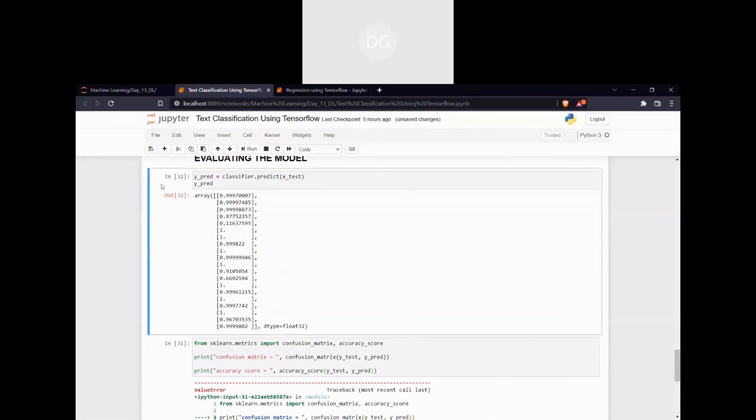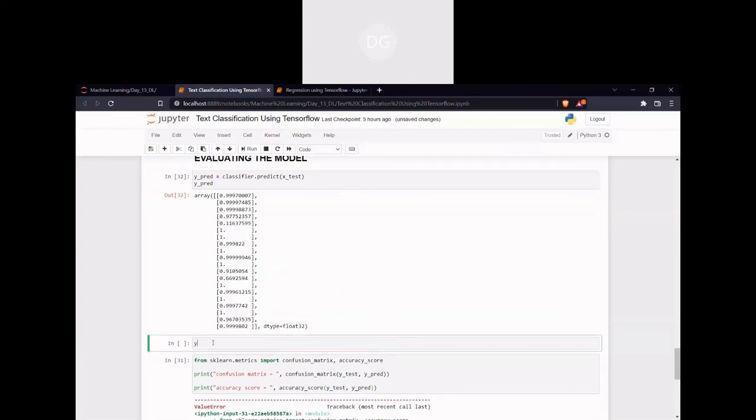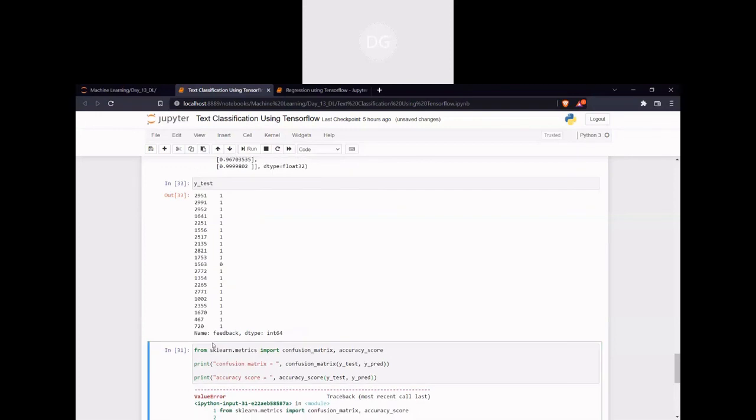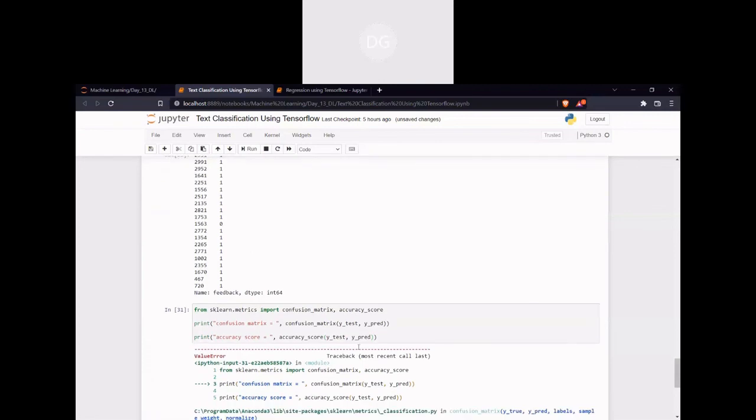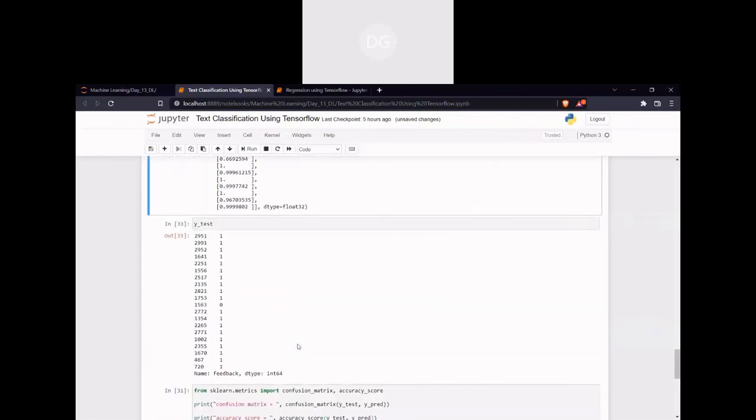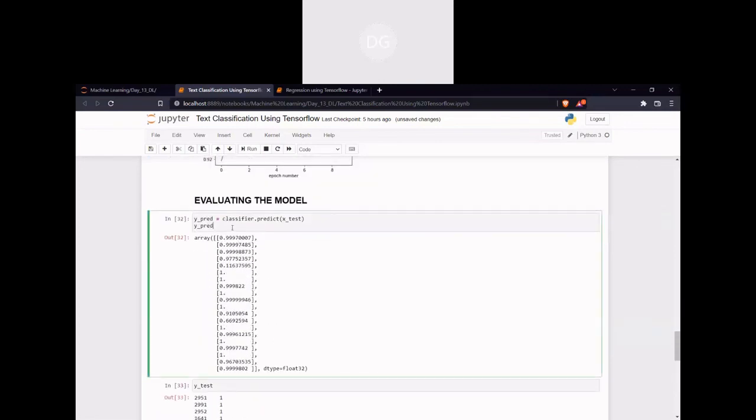Whereas our y test is in the normal 1 0 format. So we are going to convert this into a similar 0 and 1 format. Then only we can perform this particular operation. As I mentioned previously, the values will be between 0 and 1 only.